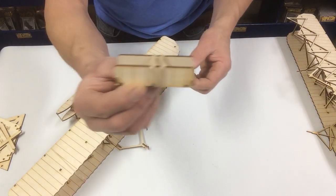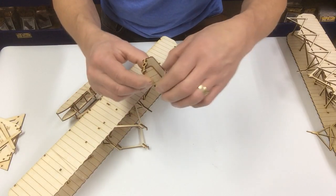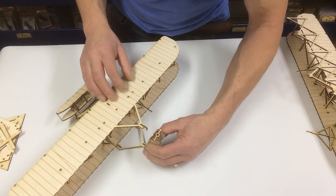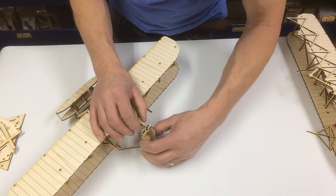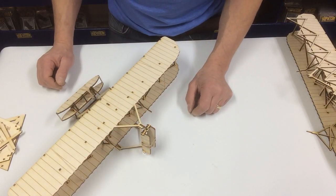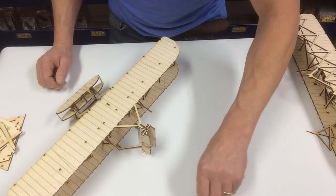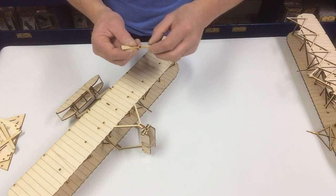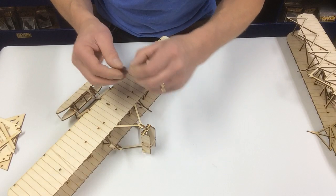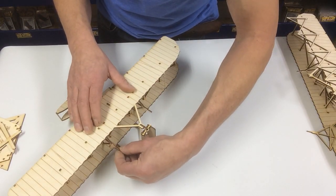Okay, and if you notice, there's an angle on that bottom edge, and that bottom edge is going to go down. You press it down a little bit and slip that in. Okay, we're going to go to the propeller, and this one we have the propeller is going to go on, and then we've got these two little circle parts 4